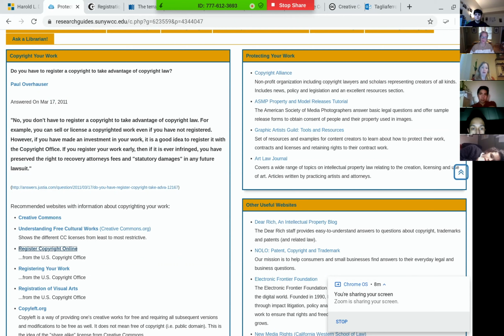The point where, and this is according to Paul Overhauser, the point where it might become to your benefit to investigate getting copyright over your works is that it protects you. It's easier to defend yourself if someone were to steal your works. So that is pretty much a choice up to you. And if you feel like you're going to be publishing your stuff on the web, or you've somehow hooked into some trend, you might want to investigate